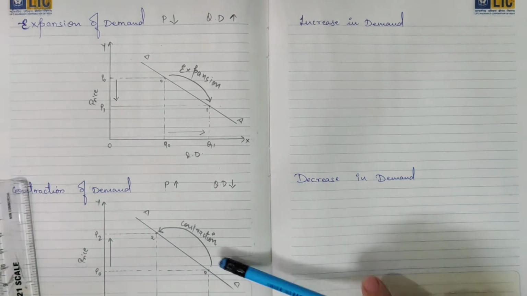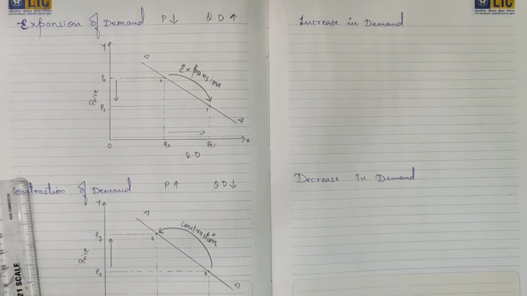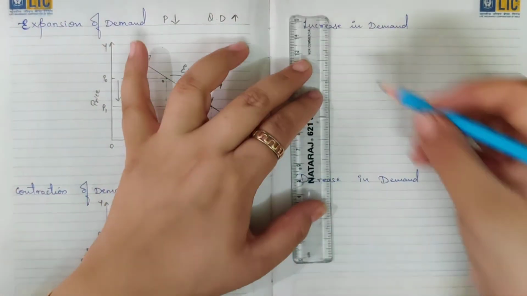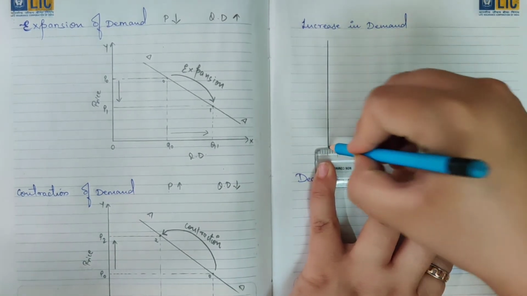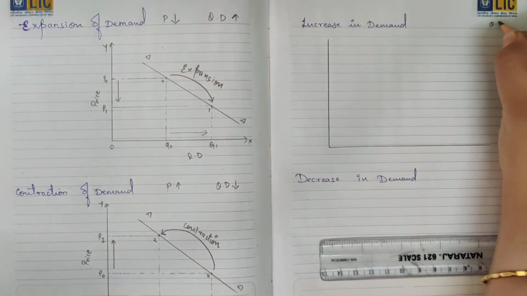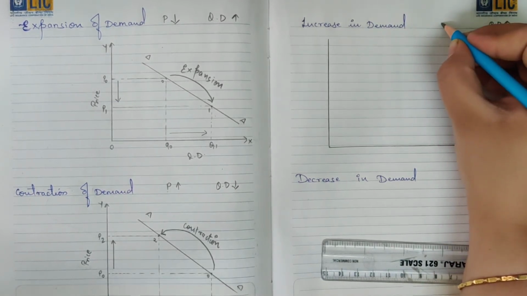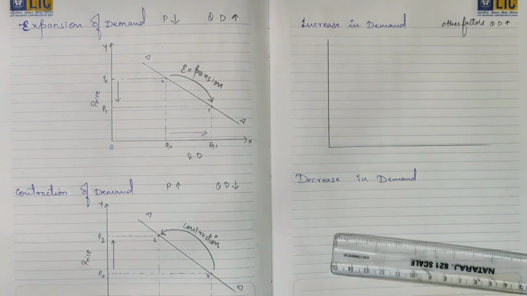Basically students make mistakes here while making the arrows, upward or downward movement. So I've just given you a hint here, from 0 to 1 and from 0 to 2 you have to move. Is that clear? Now on the other hand we have to make the diagrams for increase in demand. Increase in demand, I hope everyone knows, is not because of the change in the price of the commodity. It is because of the change in the other factors. So quantity demanded increases, but not because of the change in price, it's because of factors other than the price.